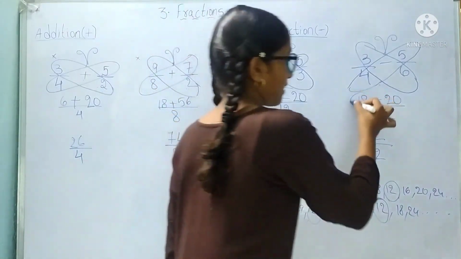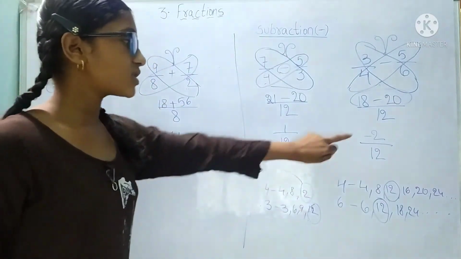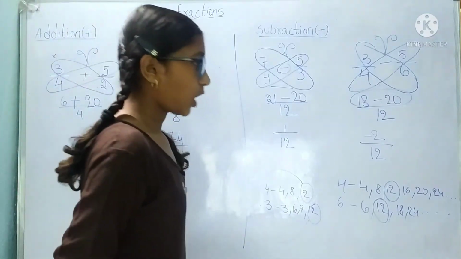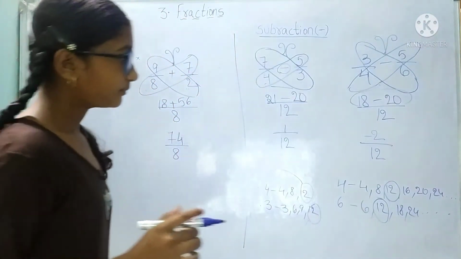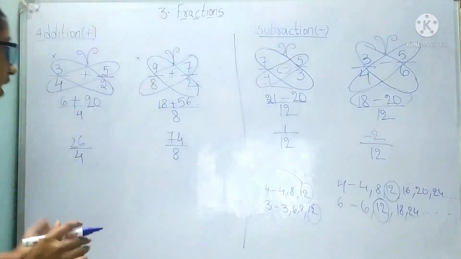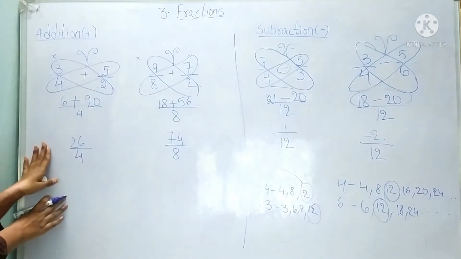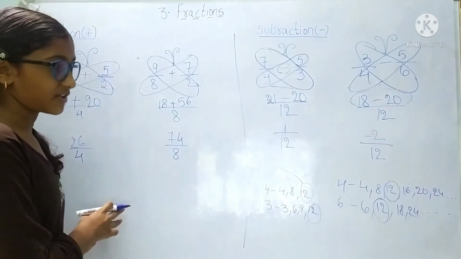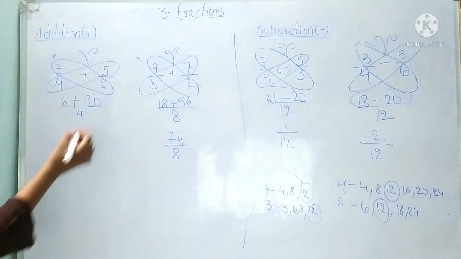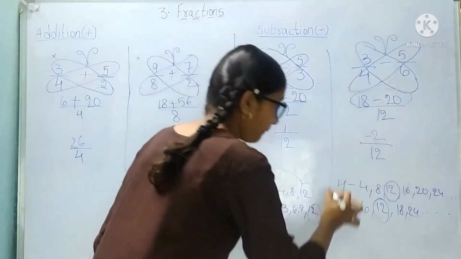This is the integer sum in BODMAS rules. For everywhere we also want the integers. We want to know the integers topic also. Please check it. In our channel it is already uploaded. So today in this video we have learned fraction subtractions and fraction additions. This method we use here is the butterfly method.